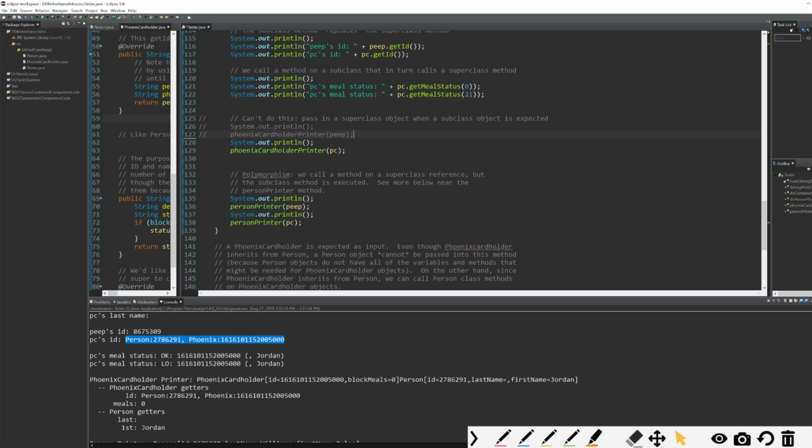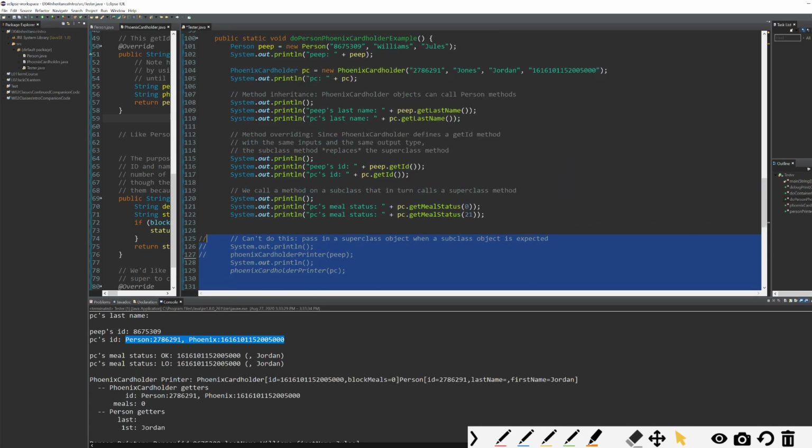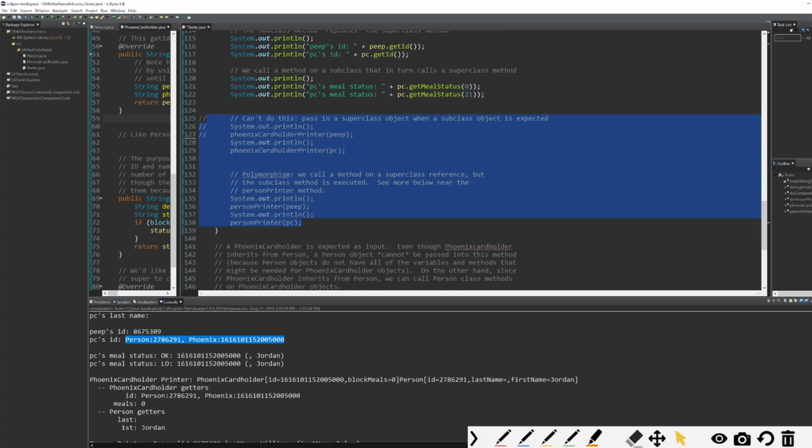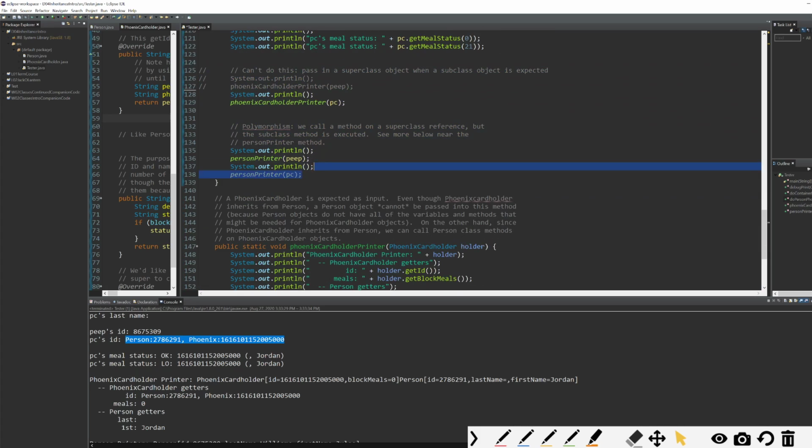If you applied to Elon and didn't get in or didn't come, there are a lot of situations that may show up where you're not a Phoenix card holder, but you are in Elon's system. And so let's see what happens, getting back to the original weirdness we ran into way back when we talked about frames and windows and containers. Let's see how our Phoenix card holder inheritance setup with person works as far as calling